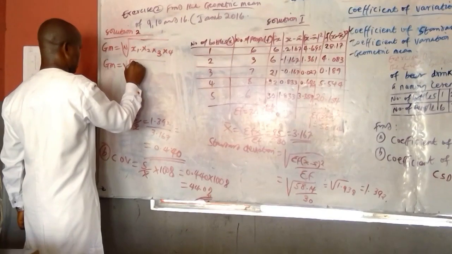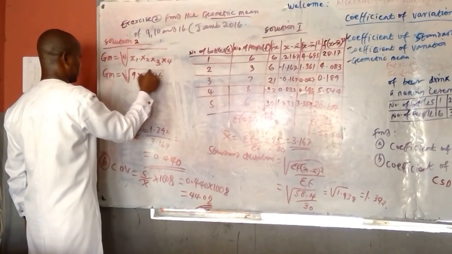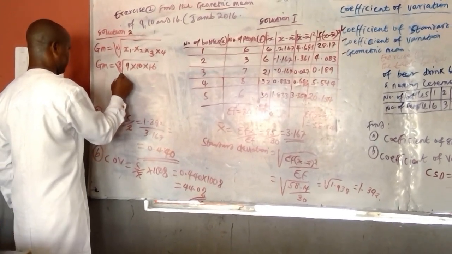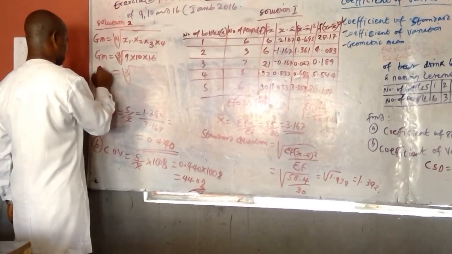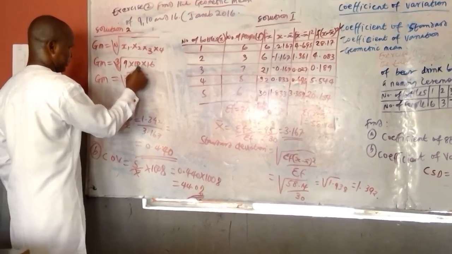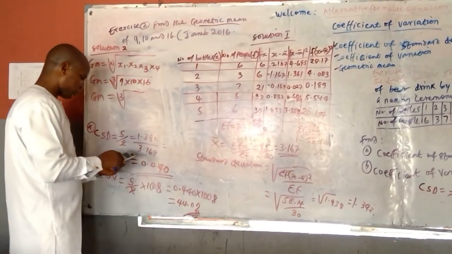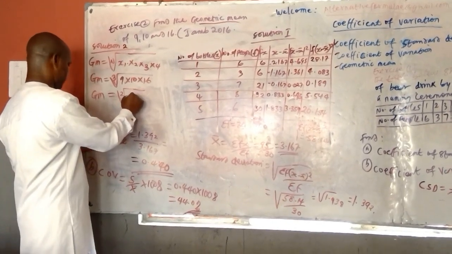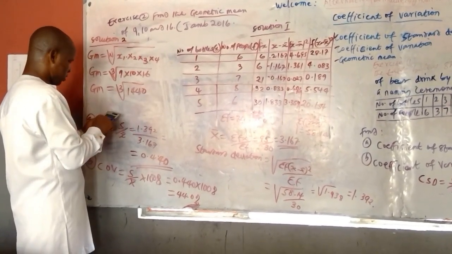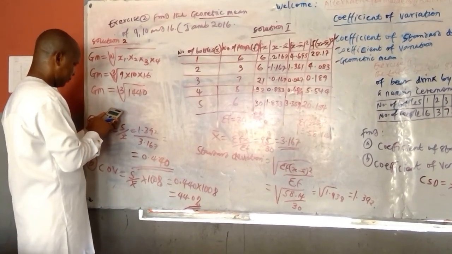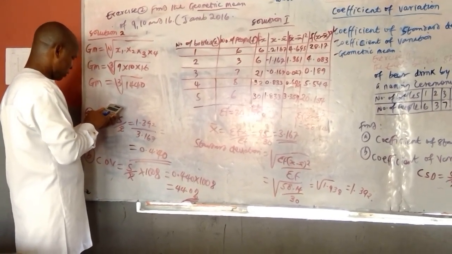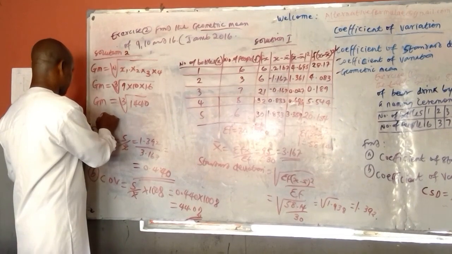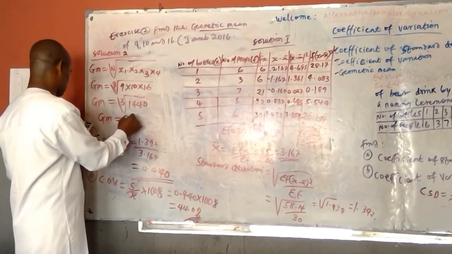So we have 9, 10, 16. Just say 9 times 10 times 16. Here the root will be 3, please note, because there are 3 numbers. So for the geometric mean, 9 times 10 is 90. 90 times 16 is what you are going to look at. 16 times 90, you have 1440. So if you take the third root of this number, 1440, the geometric mean is now equal to